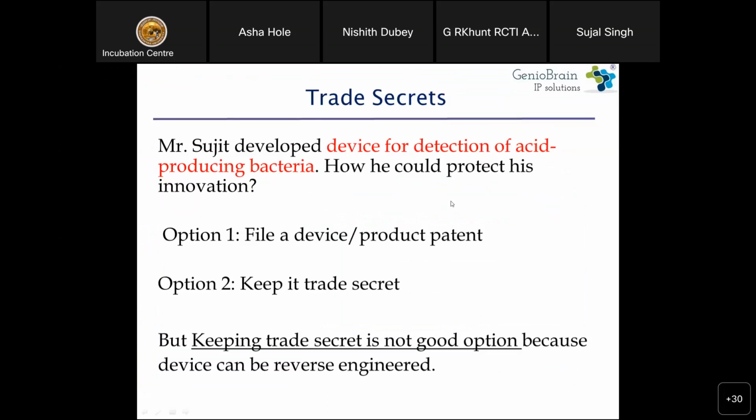Let's say Mr. Sujit is a person who has developed a device for detection of acid production bacteria. So he simply designed a device. Now Mr. Sujit has two options. Obviously, he can file a device patent, that means a patent for his device, and disclose it to the public. Otherwise, he could keep that device as a trade secret. But here, why